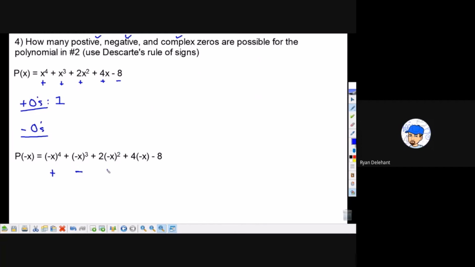This one's even, so I can't change the sign. Even though it's not written, 1 is odd. That means this will change the sign. You can't change the sign of 8. 8's just 8. Or negative 8's just negative 8. Now if we count sign changes, we have 1, 2, 3. So negative zeros for this one were 3 or